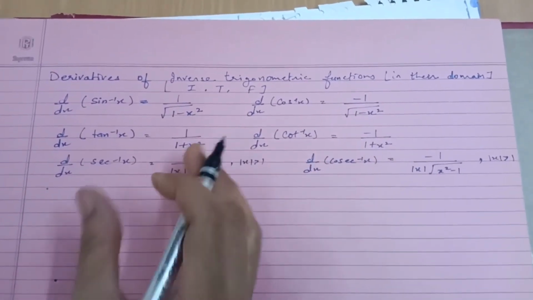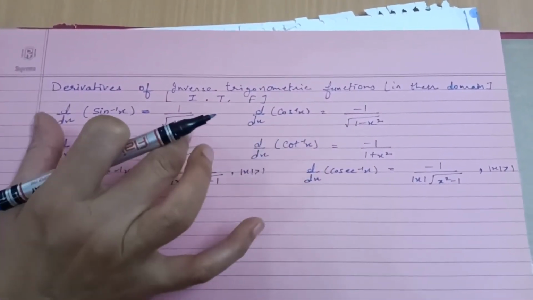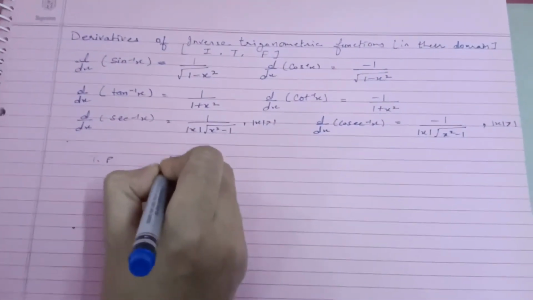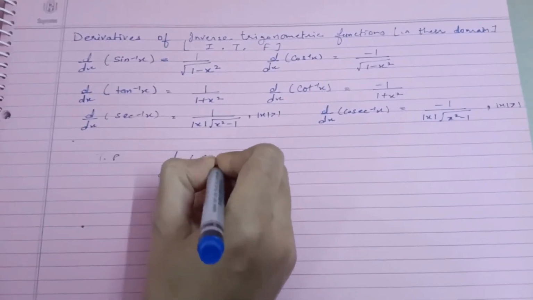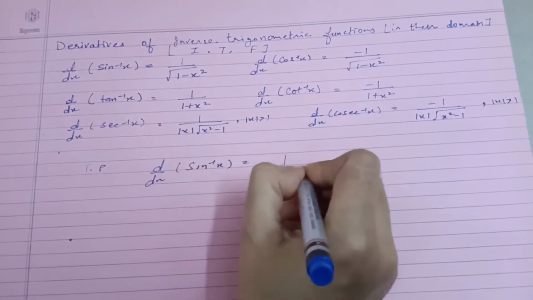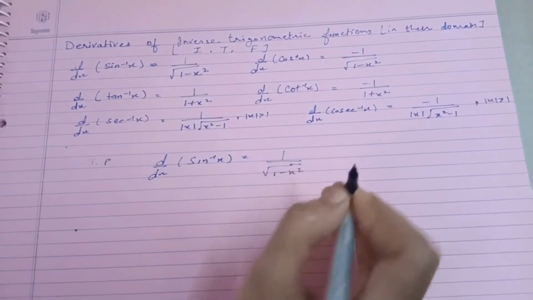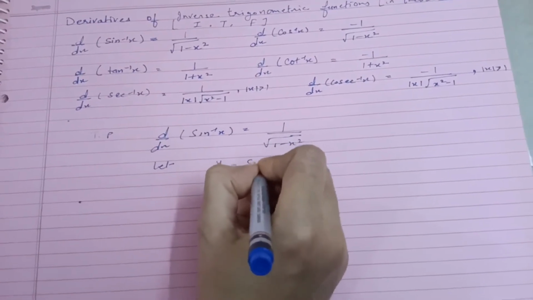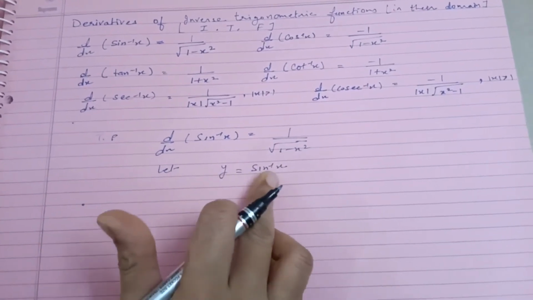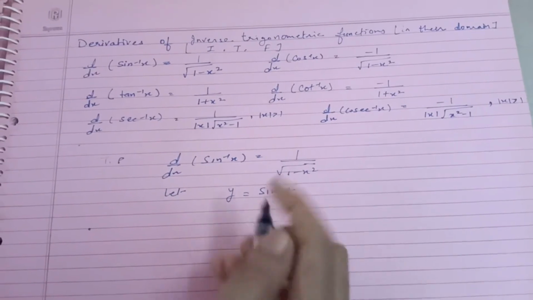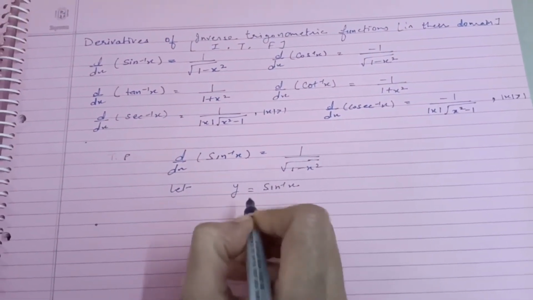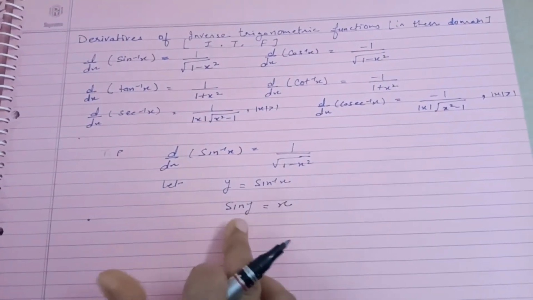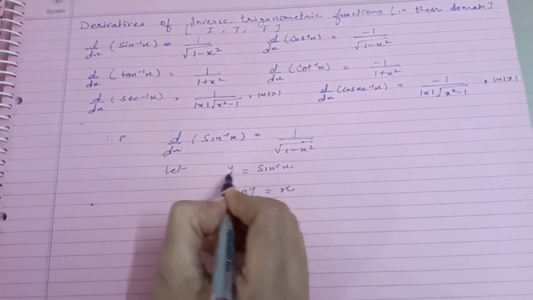So if you want to know how we get at this, see, I am giving you the derivative of this one, how we are going to derive it. Just see, you need to prove that d by dx of sine inverse x is equal to 1 by root 1 minus x square, how it came. So we will say let y, my function, be sine inverse x. Okay, so if y equals sine inverse x, the inverse function's property is that I can write sine y equals x. Sine, if it is inverse, means you can write sine of y equal x.